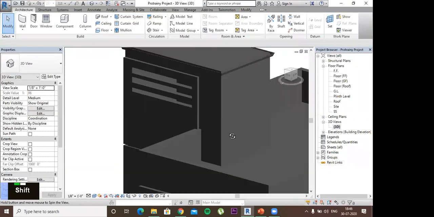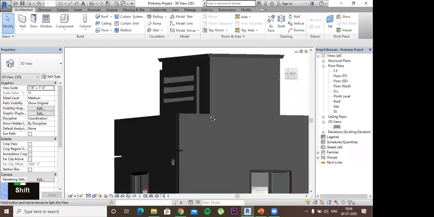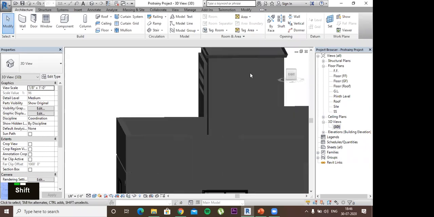So I can see there are some gaps which are already made in the wall for some air circulation purpose. Okay.